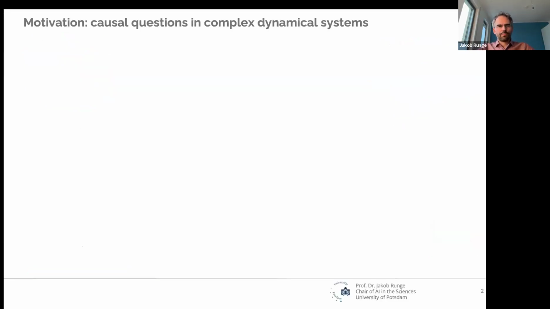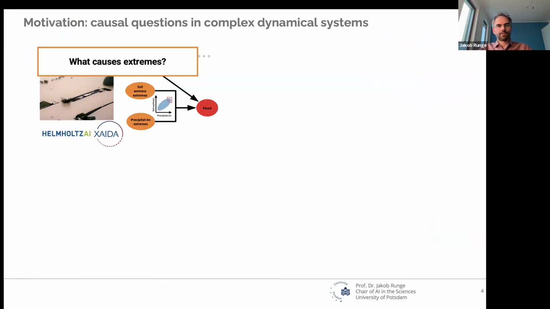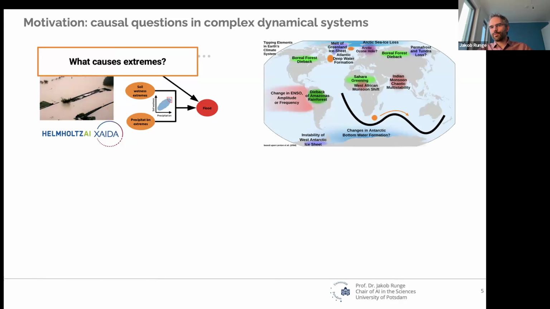All right. So without further ado, my motivation that guided me in my research journey was really research about causal inference on complex dynamical systems. And this is mostly Earth system data that I dealt with in my past. And there you would have questions like what drives flood events, and questions of causality arise there, like what causes extreme events, for example. And this can be different parts of causal inference. This is partially like the tipping points that are in everyone's mouth now, like how do they develop and how can we detect which systems are tipping?